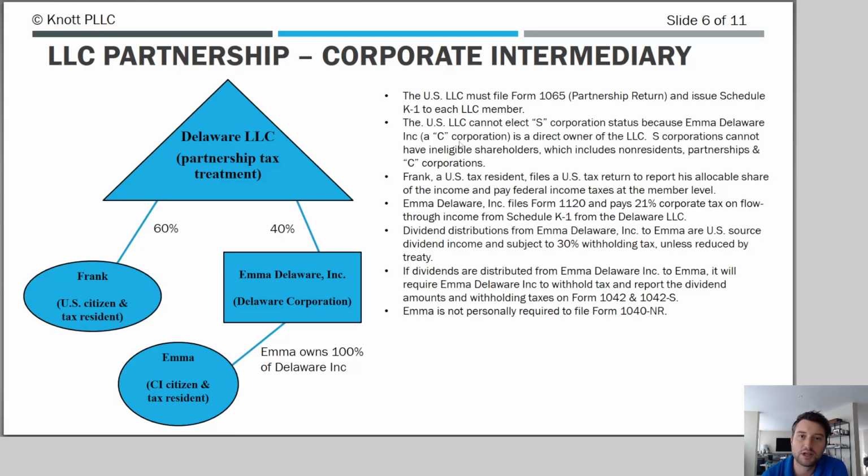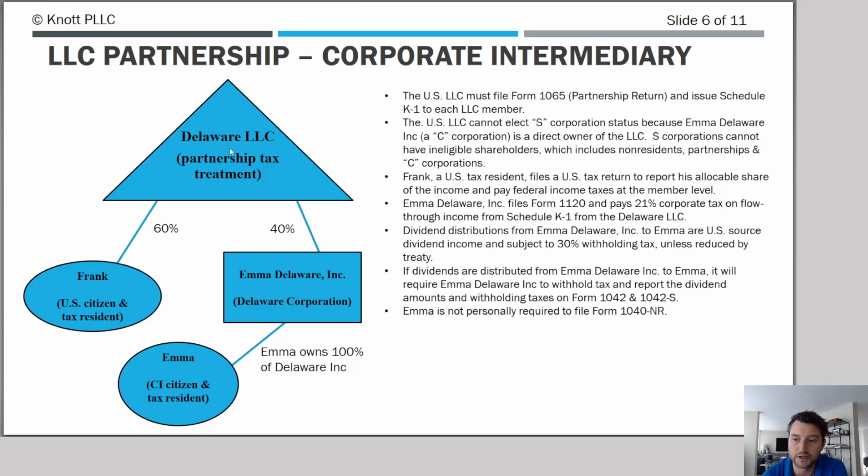Same limitation applies on the S election. It cannot make an S election because you have this C corporation in the mix, which is an ineligible shareholder. So S corporation is off the table. Now Frank, U.S. resident, still files his 1040, and he reports his K-1 allocation, 60% of that income flowing through